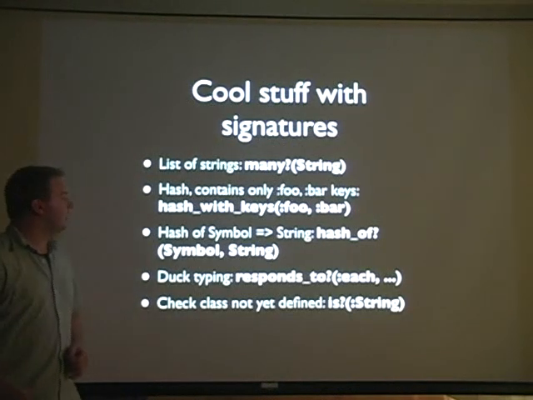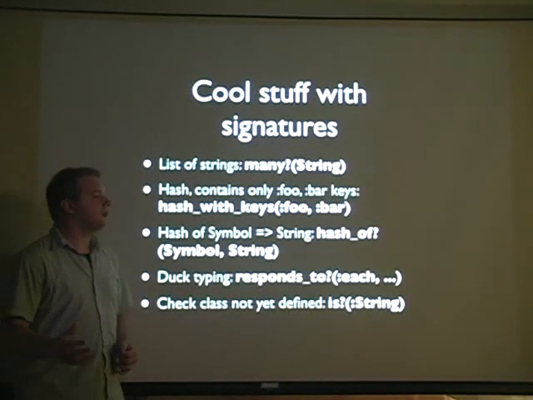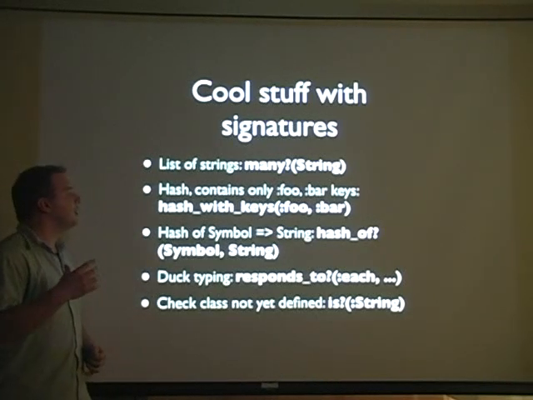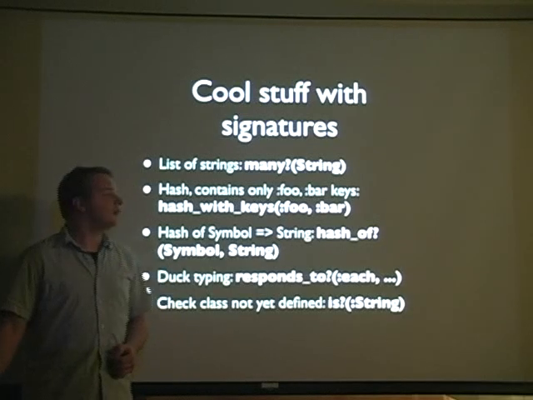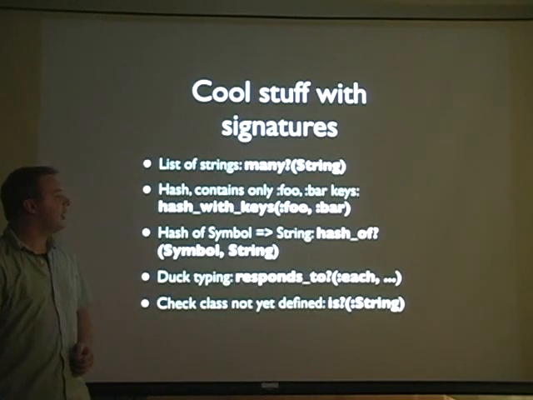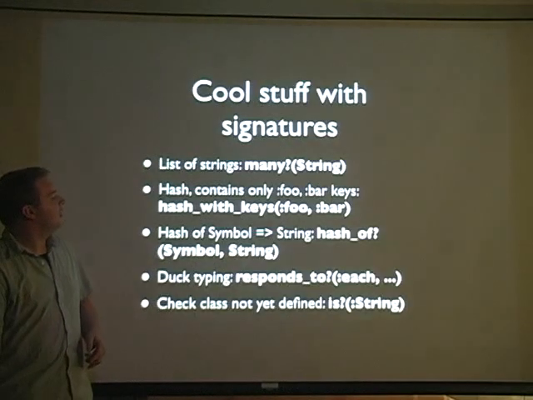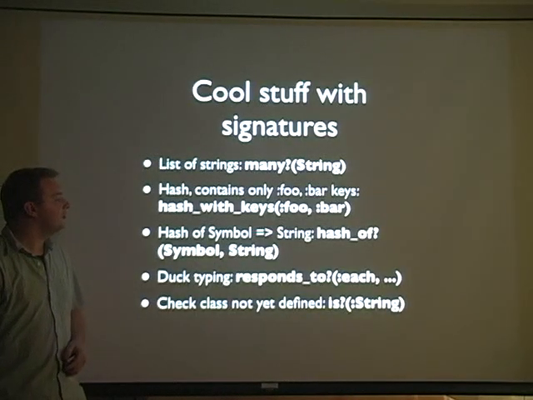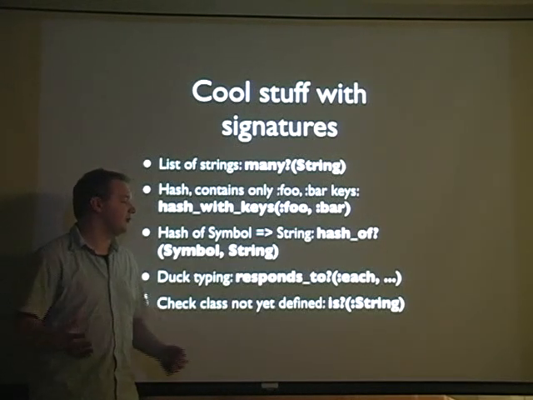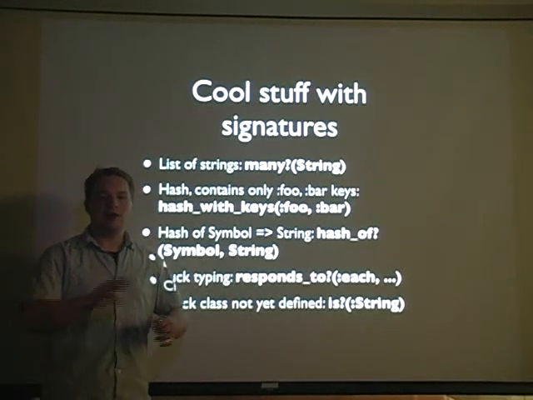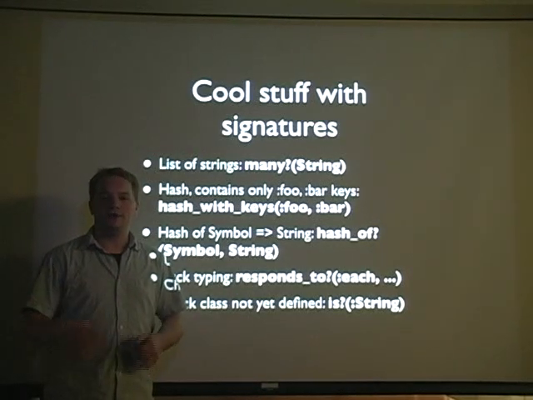And here's sort of an example of other things that you can do with clauses, and these are all built into the library. So you can ask, is the argument that I've just received a list of many strings? Or is it a hash, and does it have only the following two keys? Is it a hash, and does it only have foo and bar? Or is it a hash composed of a symbol to a string? You can also do things like duck typing, and people do duck typing anyway, but the cool thing about that is that it's explicit and expressed as part of the contract rather than cluttering up the method body itself with all of these checks.